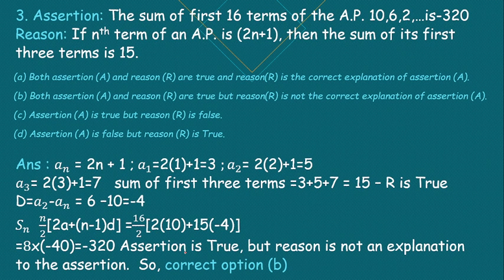Assertion: the sum of the first 16 terms of the AP 10, 6, 2 is minus 320. Reason: if the nth term of an AP is 2n plus 1, then the sum of its first 3 terms is 15. If the nth term of an AP is 2n plus 1, this is a formula, the sum of its first 3 terms, they gave us A1, A2, A3. If you add them, you will get 15. Okay. So the reason will be